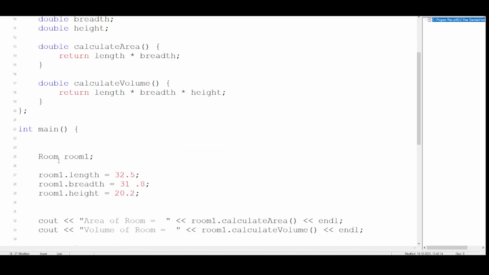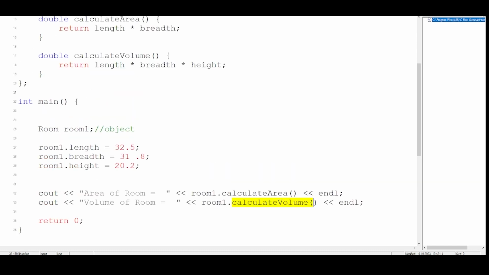After that, if you see here, our room 1 over here. This is the class, and this is the object name. So here I'm creating the object on this particular line. So room 1 is the object. This is the name of the class. And with room 1, that is the object, I can access length, breadth, and height, or I can provide those also. So I'm giving the length, the breadth, the height, and it will go here directly. I don't need any parameters because it's simply a class. Since I have the object, it will be easily accessible. And as you can see, with the same object, I'm accessing the functions as well. So if I run the code, they will all get multiplied depending on whether you need the area or the volume, and it will display it.